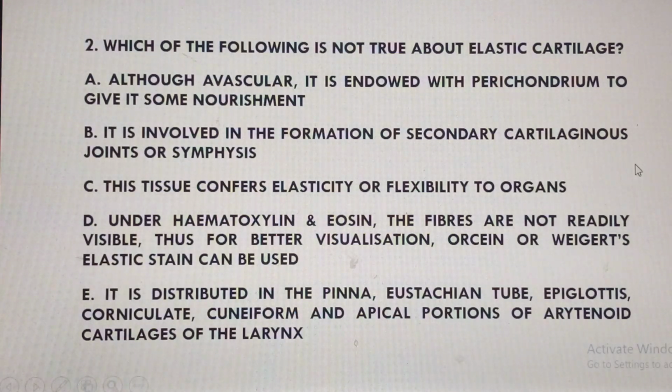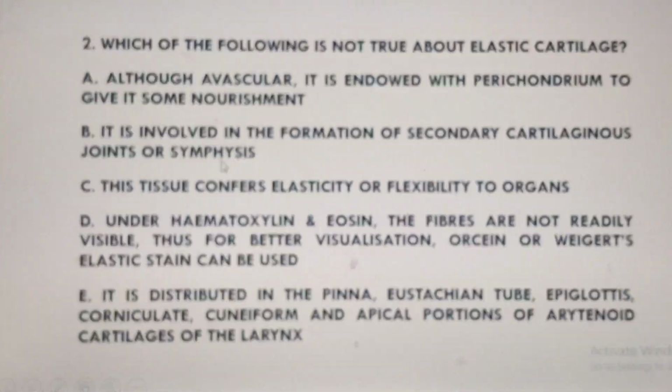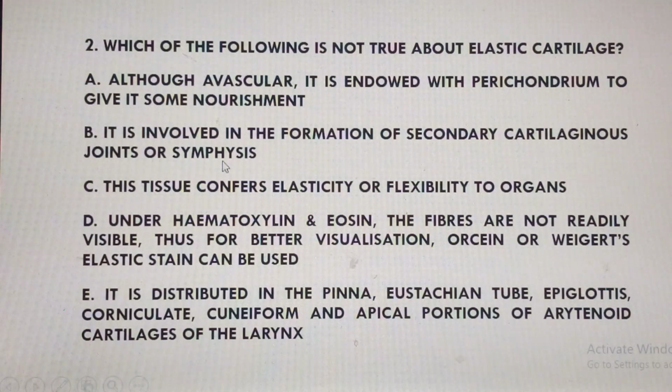Option B says it is involved in the formation of secondary cartilaginous joint or symphysis. Yeah, this is where the problem is. No. We have the primary cartilaginous joint, or the synchondrosis type of joint. And of course, we also have the symphysis type of joint, being the secondary cartilaginous joint. The secondary cartilaginous joint is actually formed from fibrocartilage and not elastic cartilage. The primary one is formed from